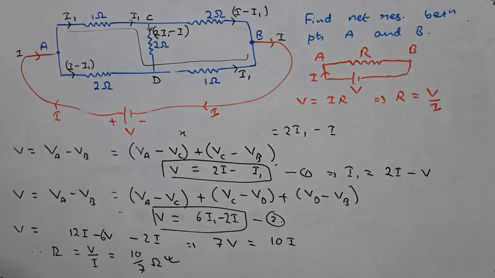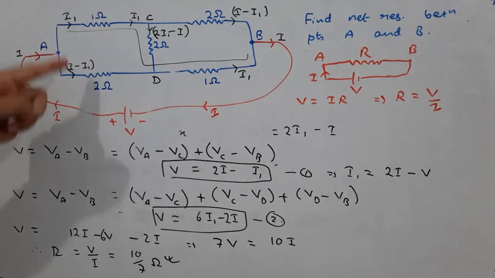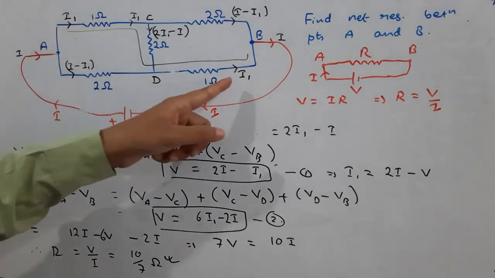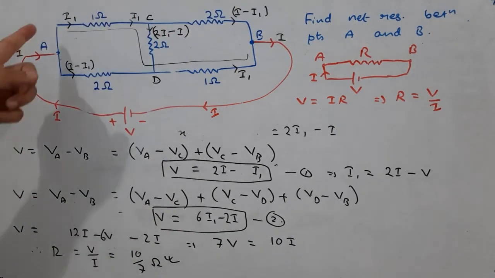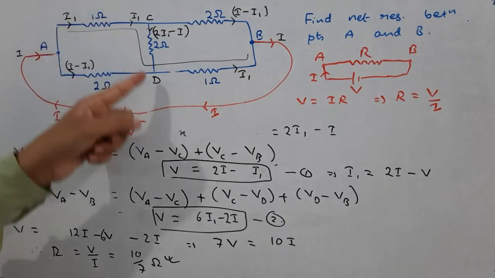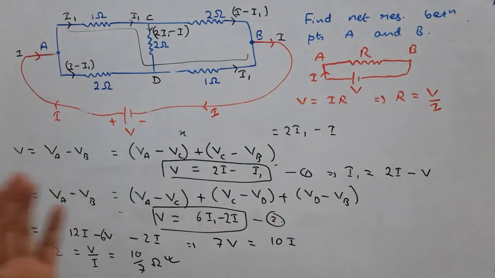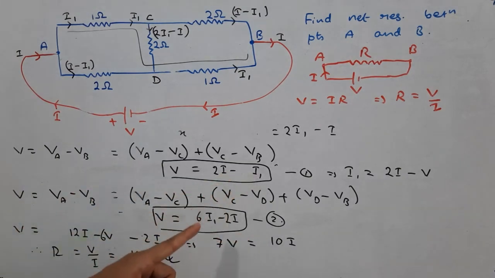Did you understand, students, the method for solving this question? So we have invoked symmetry. First step is to distribute the current. And then by using symmetry, if this is I1, this is also I1. So we have distributed the current. After that, we have chosen two different paths in this particular question. First this one, then this one. We got two equations between V, I and I1. We needed V and I. So we wanted to eliminate I1. For that, you can find I1 from this equation and put in the other equation. Solving that, we got R is equal to V by I is equal to 10 by 7 ohm.